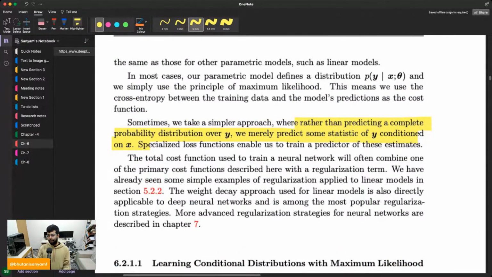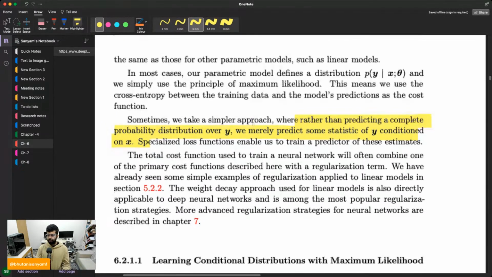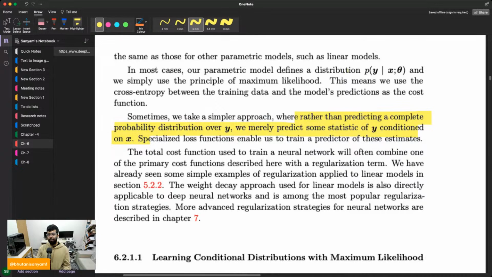Again, I highlighted this to point out how things are written mathematically, at least from the point of view of the authors. So they say sometimes rather than predicting a complete distribution over the target y, we predict some statistic of y conditioned on x. And they also define the parameterized model like so. So when you're trying to predict y using x and theta as the parameters,